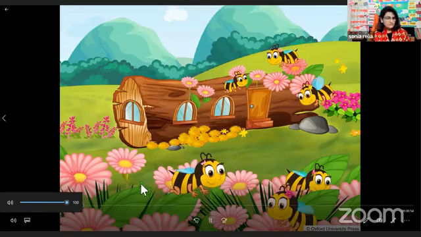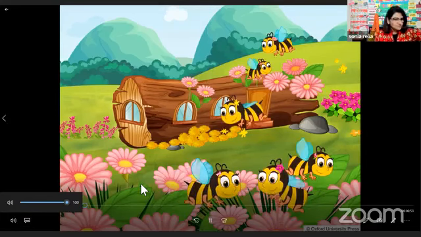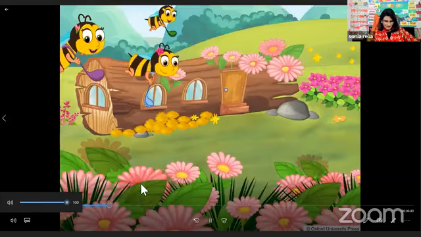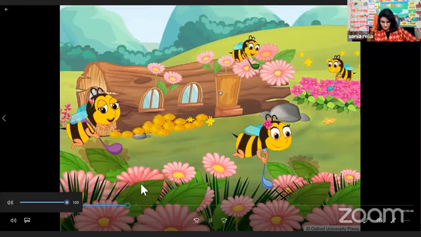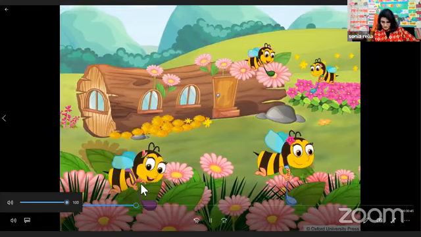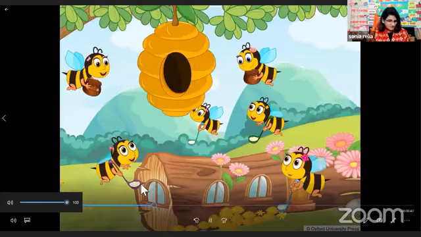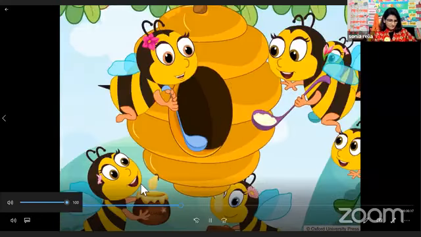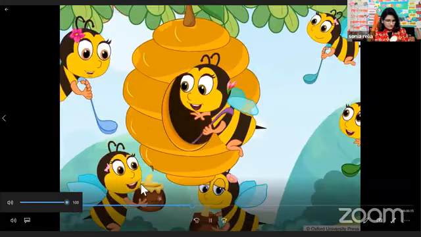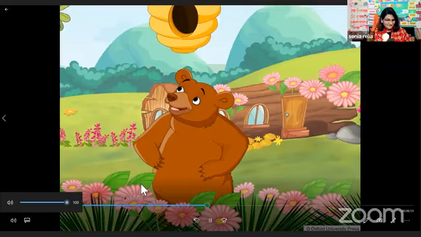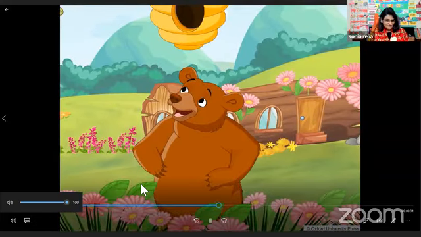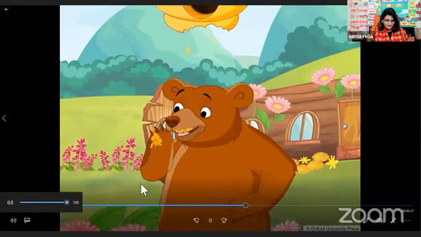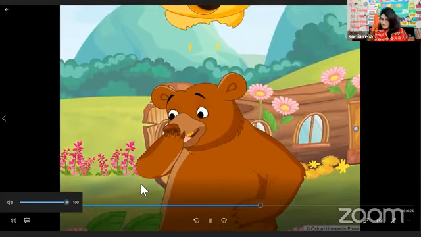There are many colorful flowers in the garden. The 6 bees work very hard and collect nectar from the flowers. They make sweet honey from the nectar. The 6 bees love their home. The 6